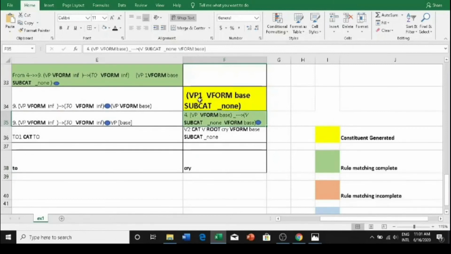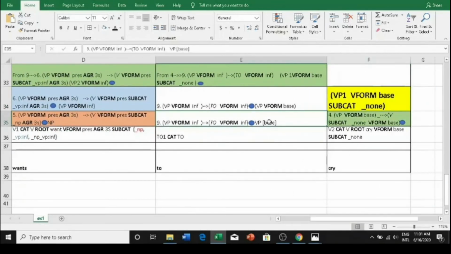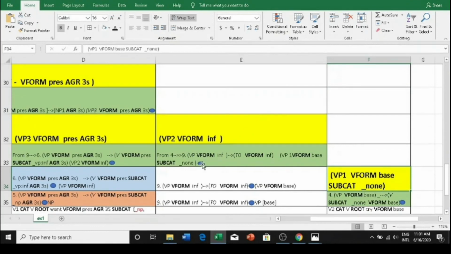So we got a vp1, or a verb phrase with a vform value base, and we desperately needed that to proceed with rule number 9. In the previous case, we needed a vp constrained by a base, so we obviously have it here, and we will substitute it here. So what will happen when we substitute it here? We can move the dot one place to the right, and we will instantiate all these values in the vp part here. So once we instantiate all these values, what will we have? We will have vform as base and subcategorization value is none, and this left side is already ready.